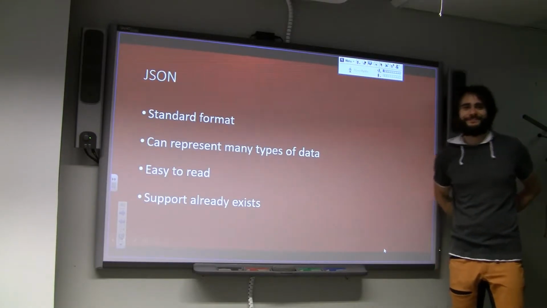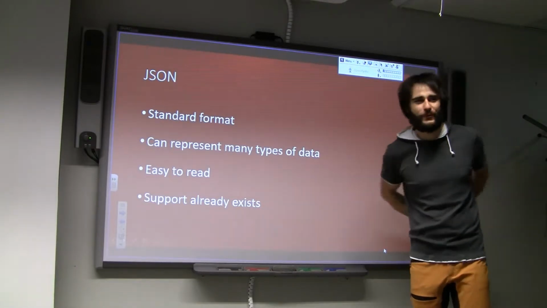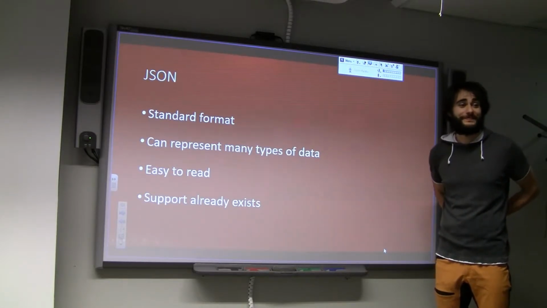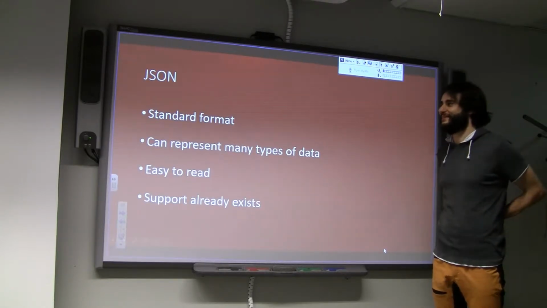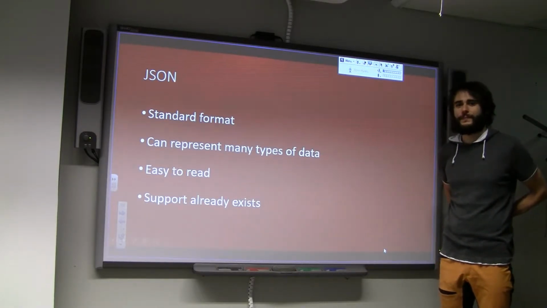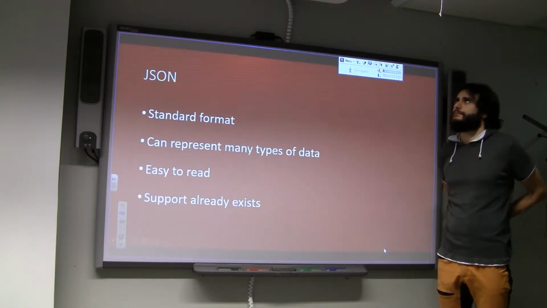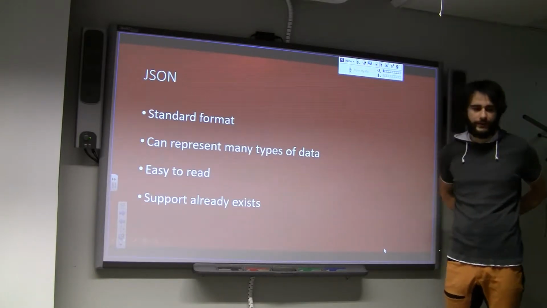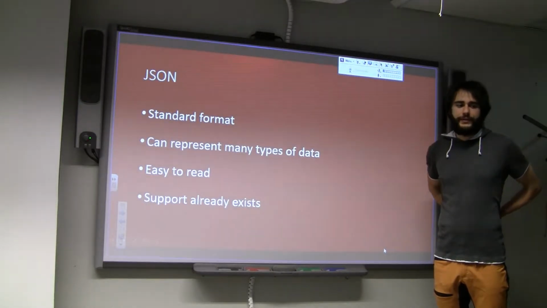Now JSON. Yes, so JSON. Who knows what JSON is? JavaScript Object Notation. Yeah, I'm surprised somebody knows the acronym. It's basically any object in JavaScript we define. So if we define an object with x, y parameters, that could also be considered as JSON. Yes, so JSON is a way of representing objects in JavaScript, but